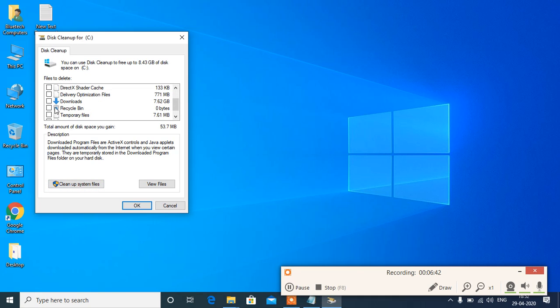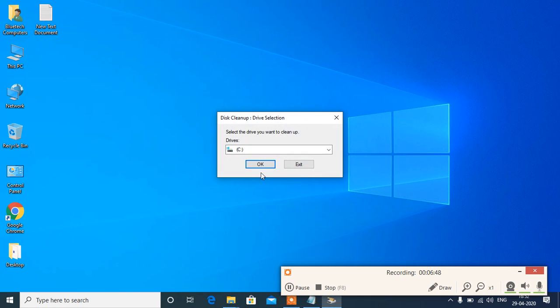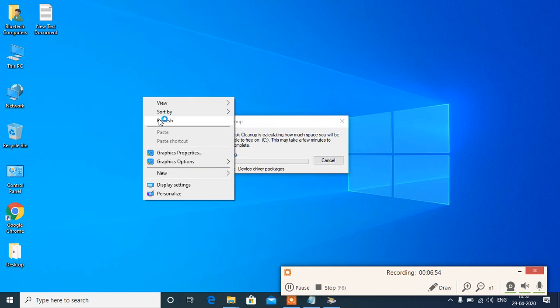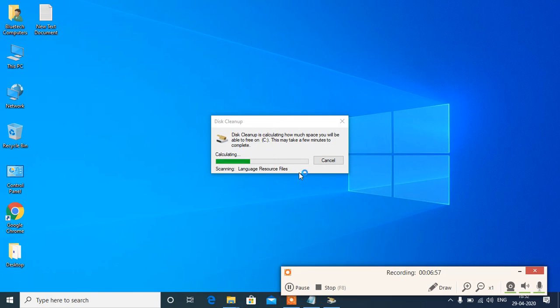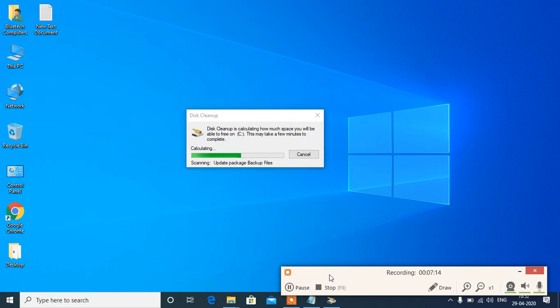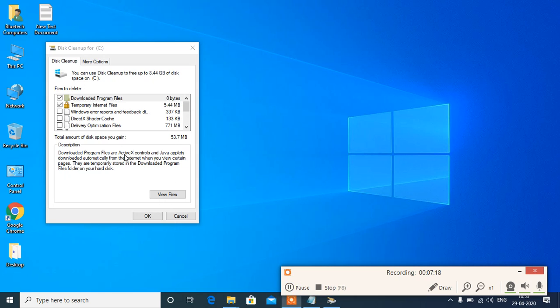We have already cleaned the recycle bin, so no need to click on this. Whatever temporary files, click on this. Click OK. So it is cleaning now. It is asking again, it's okay. I'm cancelling, it's done now.